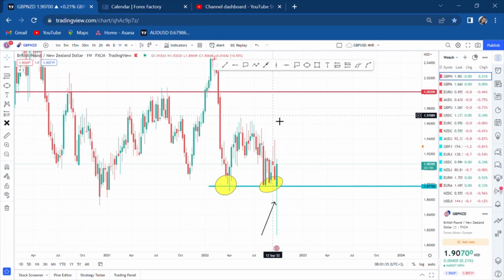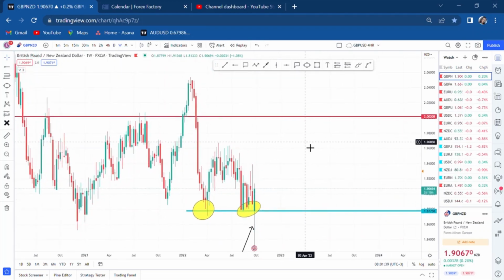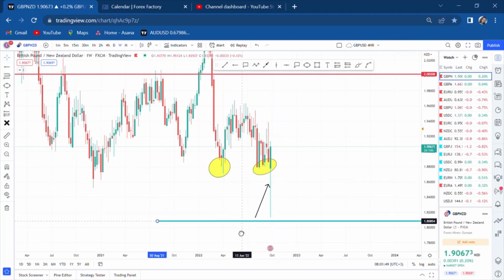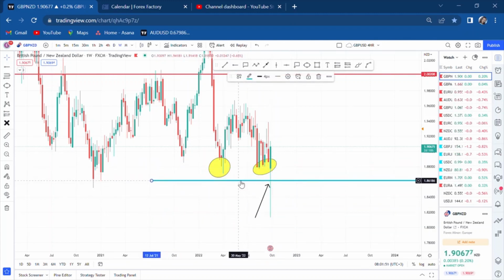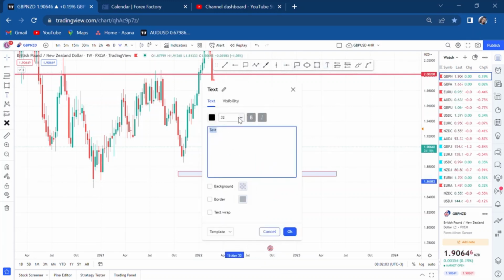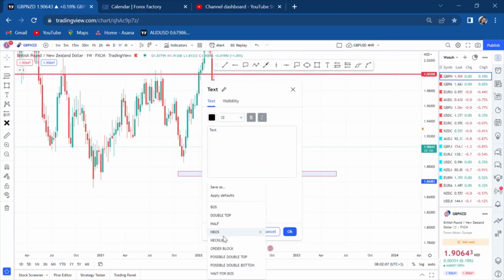Guys, if you have been listening to my double bottoms, double tops video, the first thing that you need to identify is, of course, the double bottom. And you can see how much rejection. If this candle on a weekly closes with that very long wick, closes like that, that's a very good rejection on the sellers. The sellers have been rejected. So what I do, I'll come here, and this is a possible double bottom. Why? I'll tell you in a few. So I'll come here and write possible double bottom. So I have a possible double bottom like that.